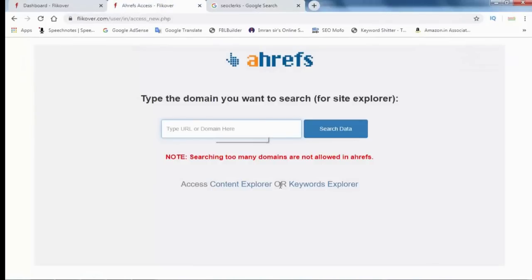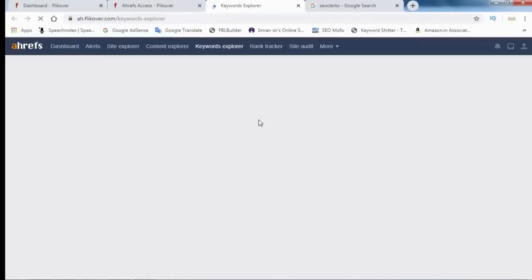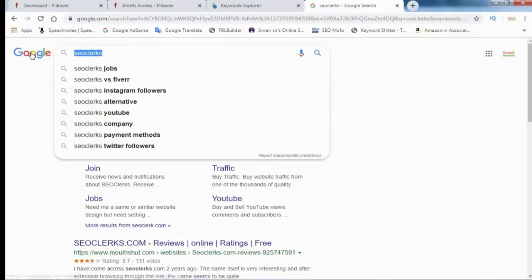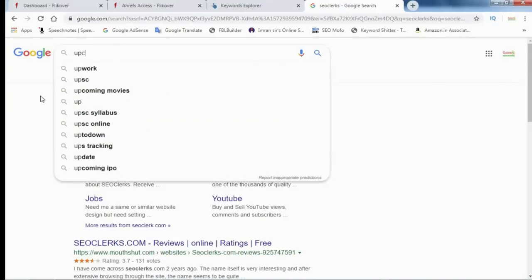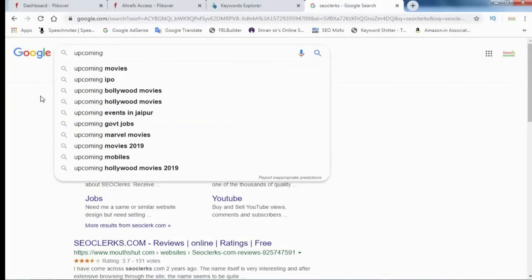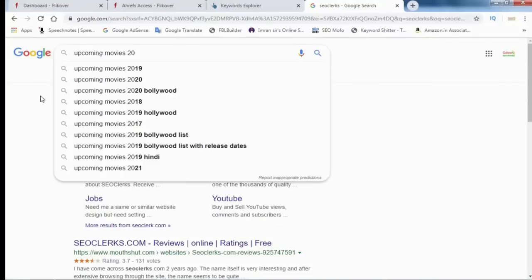Here you can check Keyword Explorer, and here I type upcoming movies. I write 2020.